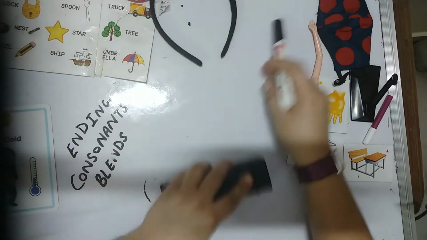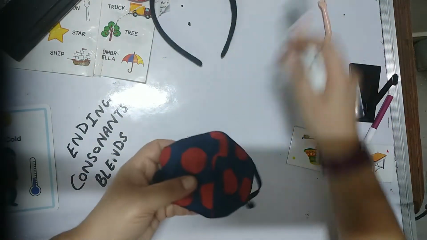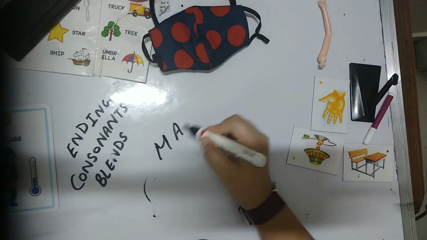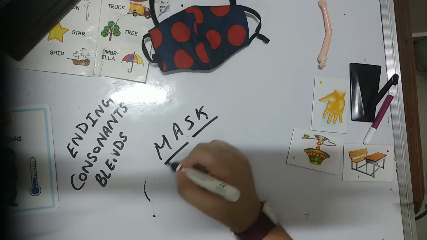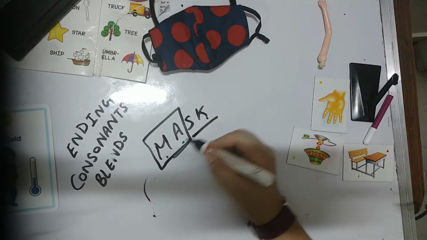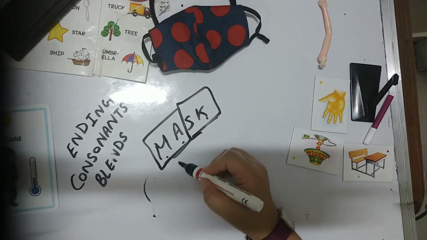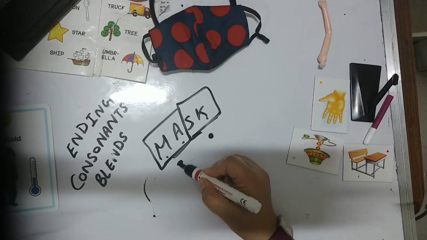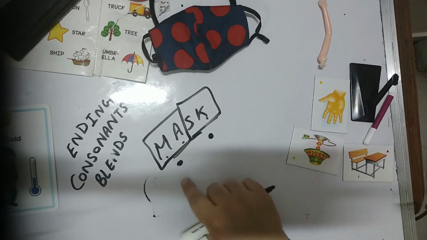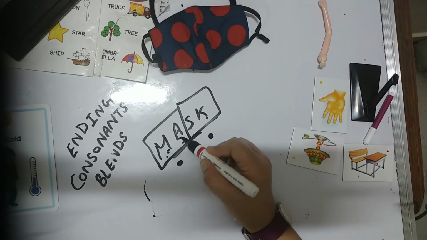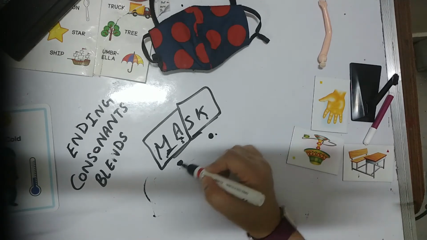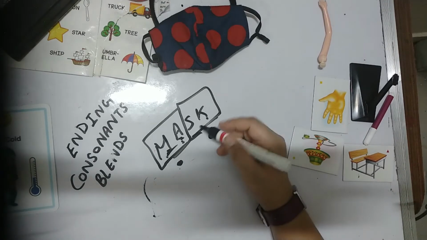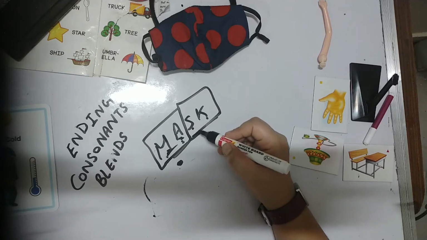Next, suppose we take an example of this. You can show, what is this, baby? This is a mask. Then you can write it over here, and again ask the child to blend. The child needs to blend these two letters together and the last two together. You need to point like this, put a dot beneath it, so the child knows that these two sounds must be taken together, and then blend it. Mask, mask, right? Because the sound of S is...